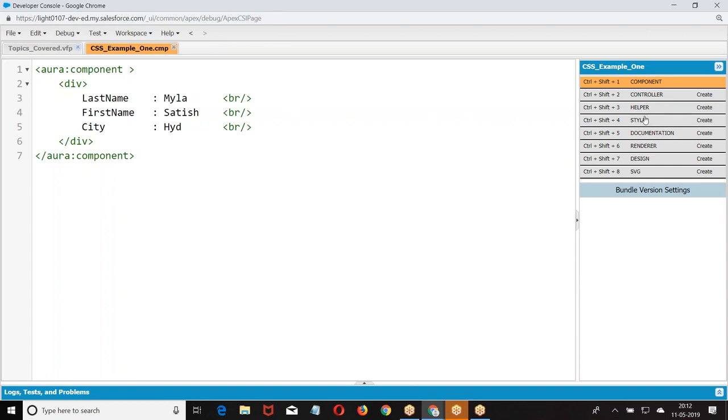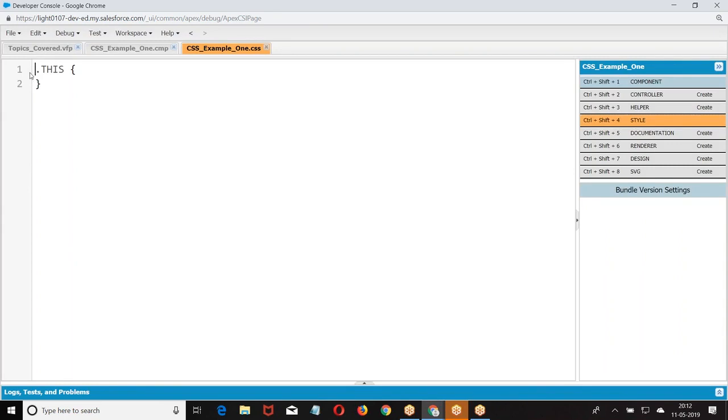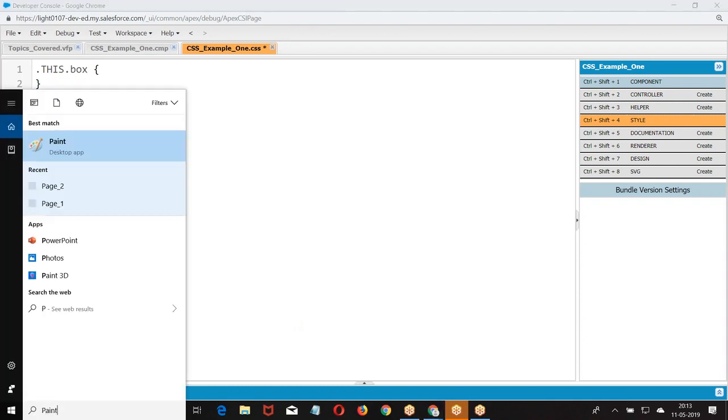In the component, what are we finding here? Click on the style. Now dot this, the component. Dot this is the one, that component. Dot box. Now when you say dot this, dot box, there is no space. If there is no space, we are referring to outer elements. Now we are referring to the style of outer elements.